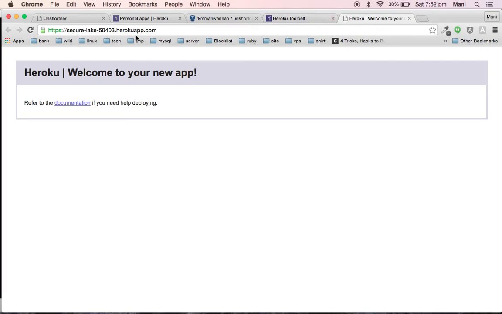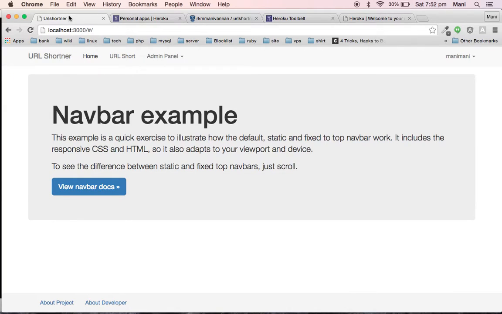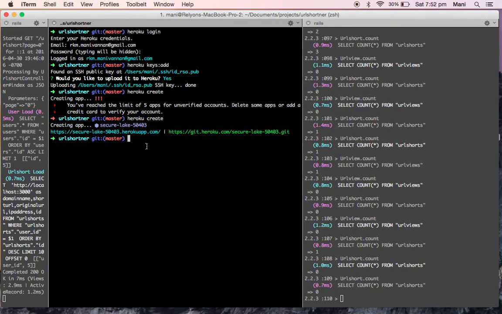Yes, it is. So right now we created a new app URL in Heroku. The next step is we need to push all our local files to Heroku. For that this is the command: git push heroku master.